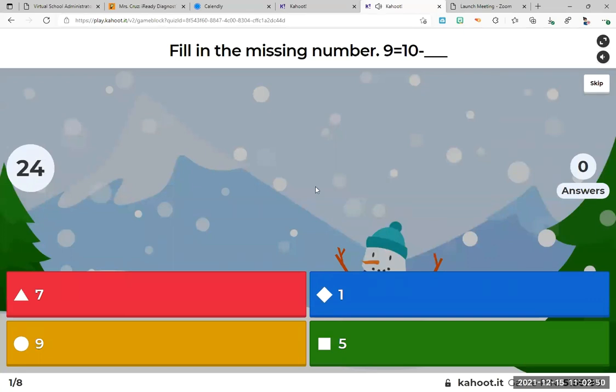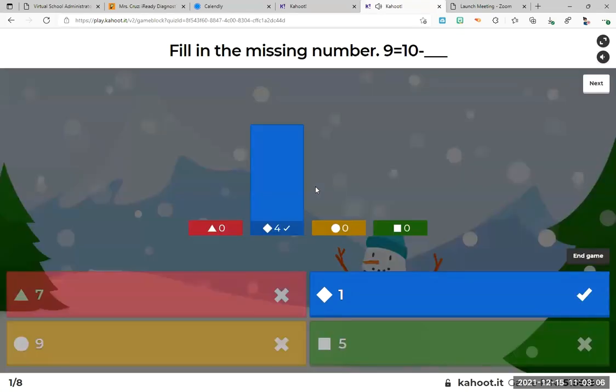9 equals, or is the same as, 10 minus what? Two answers already. Remember, both sides of the equation need to be equal. What can make them equal? Oh, yes. So easy. So this was a missing subtrahend, not a missing addend. Subtrahend